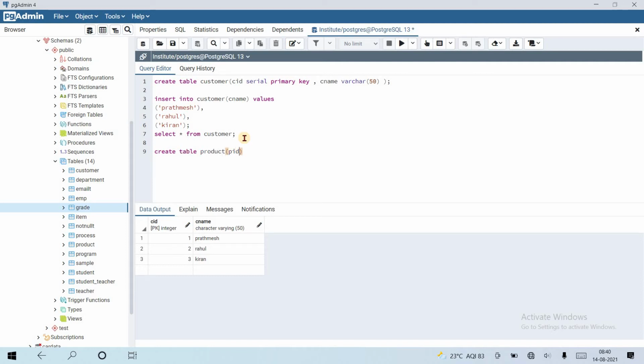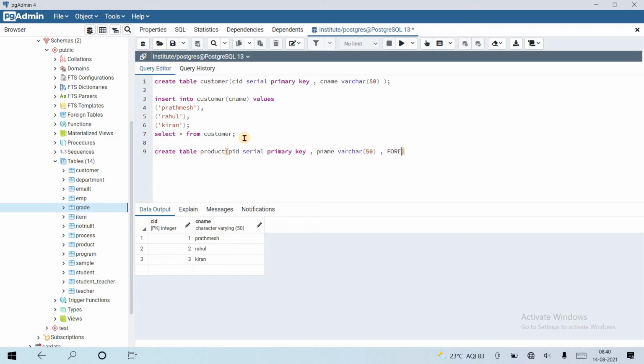Create table product. Product has product ID serial primary key, product name varchar 50, and the customer ID.